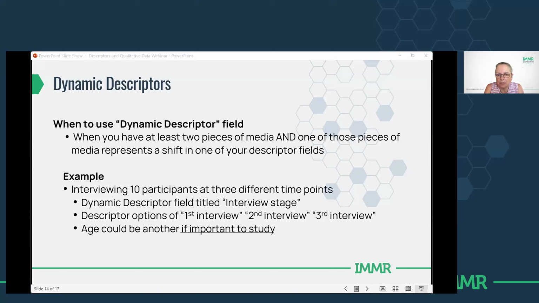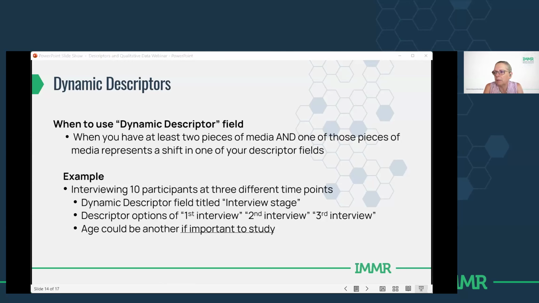And then when they move to interview or green card or the different stages, you would collect data at that different point and create a different dynamic descriptor for that separate stage right the way through until they were granted citizenship. So it's really a powerful tool if you need to use it. Mm-hmm. And again, we'll go through an example of that today.